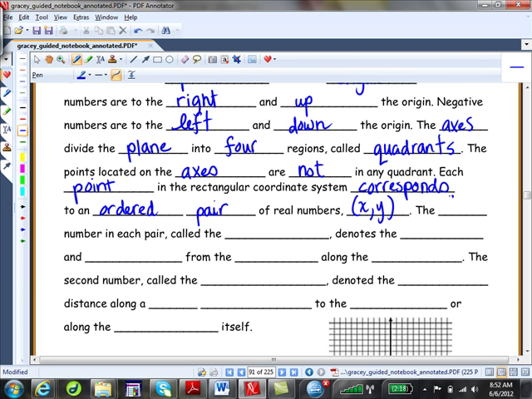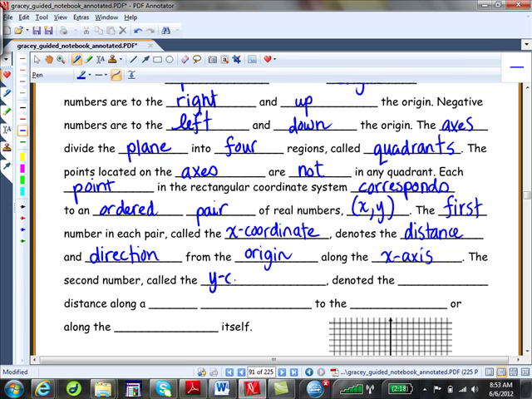The first number in each pair, called the x coordinate, denotes the distance and direction from the origin along the x-axis. The second number, called the y-coordinate,